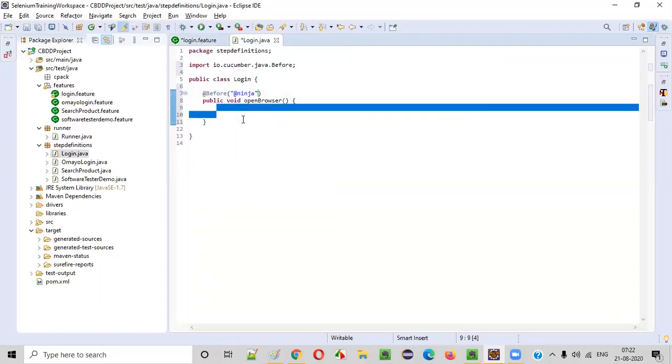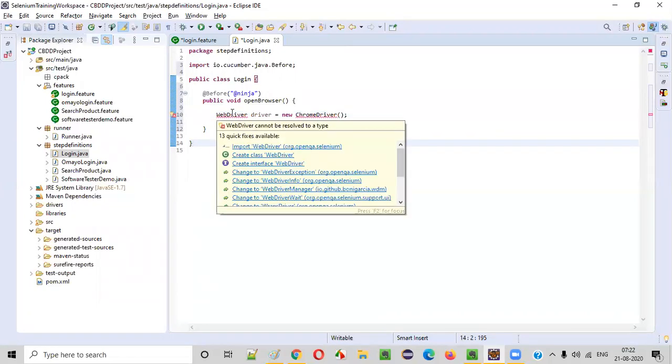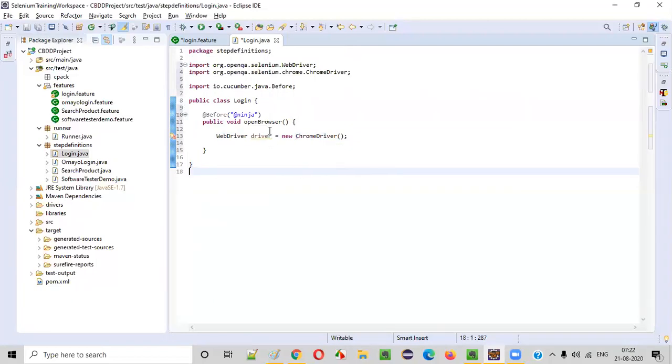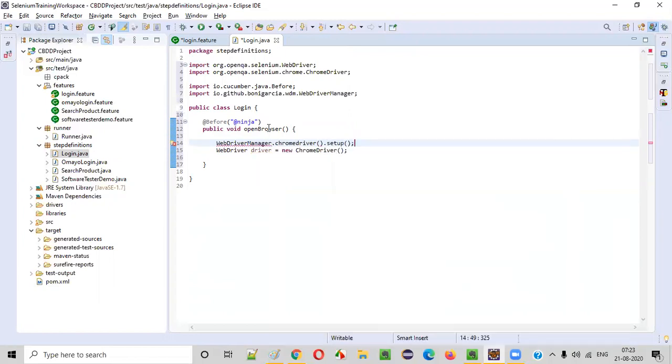Now here in the open browser, write some code. WebDriver driver is equal to new ChromeDriver. Import this WebDriver interface, import this ChromeDriver class. Now here provide WebDriverManager.chromedriver().setup().